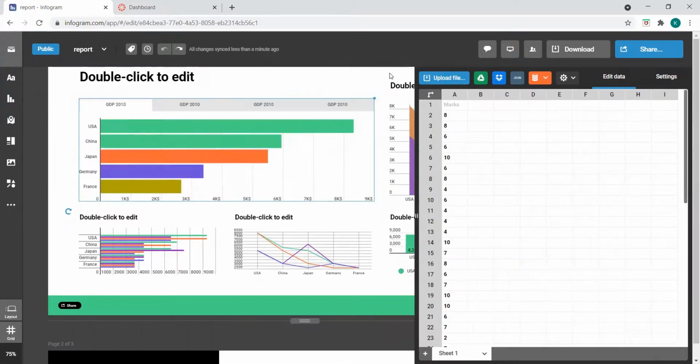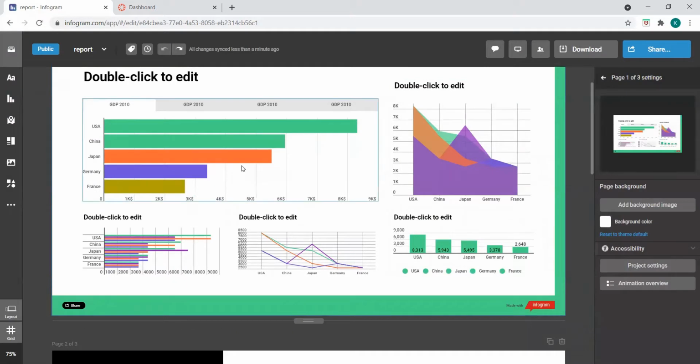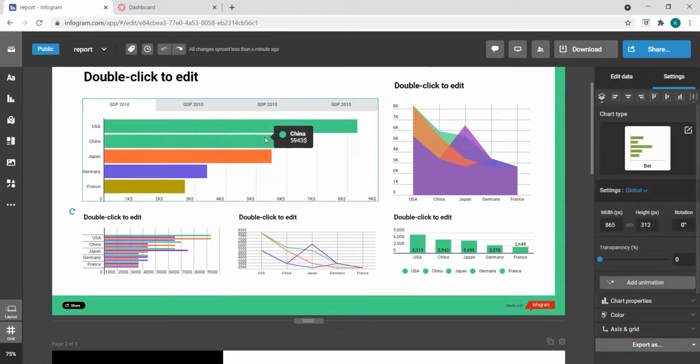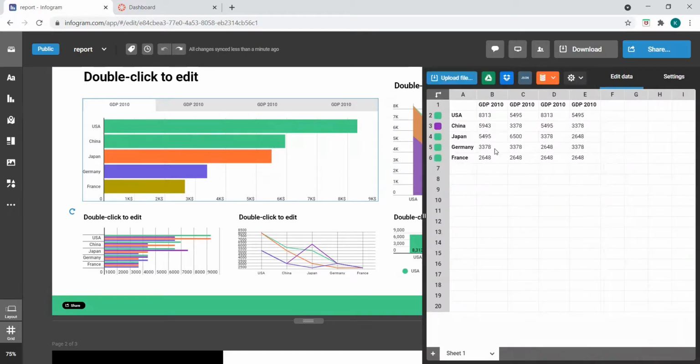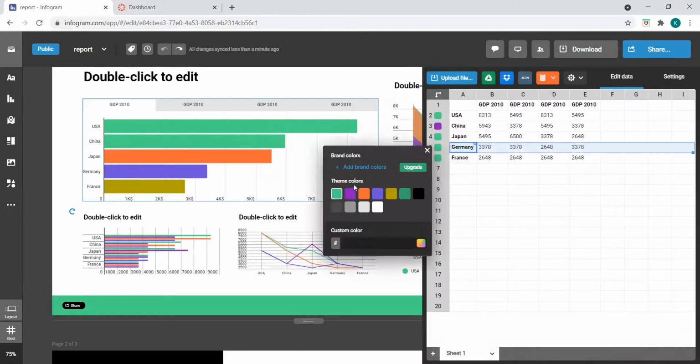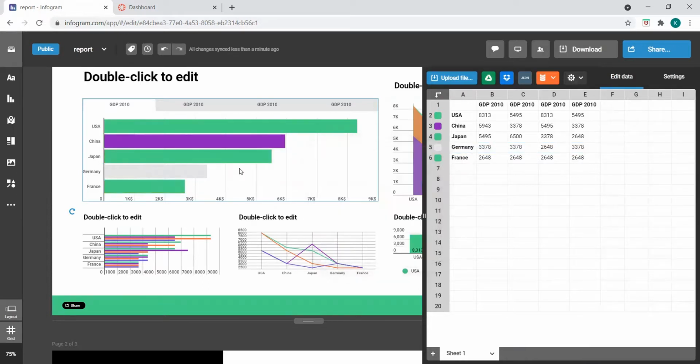It is reflected now properly. The values which I have taken have so many values, so it is difficult. Now you can see the chart has been replaced. If you want to change the color, you can also change the color by simply clicking on it and clicking on the available colors. As you can see, the color has been changed to differentiate between the two of them.